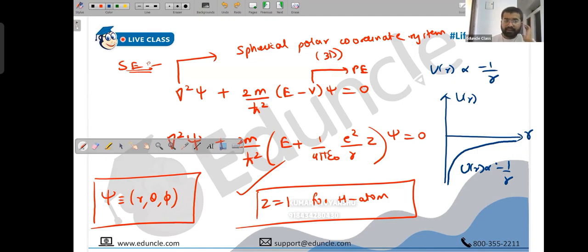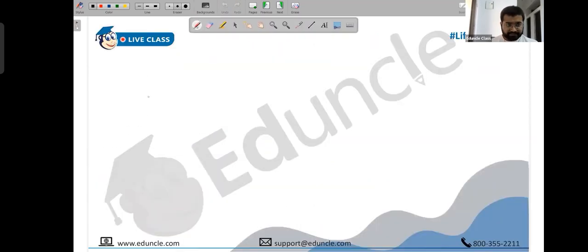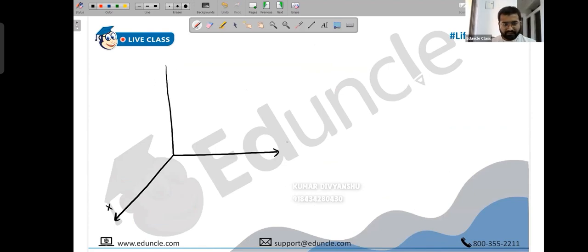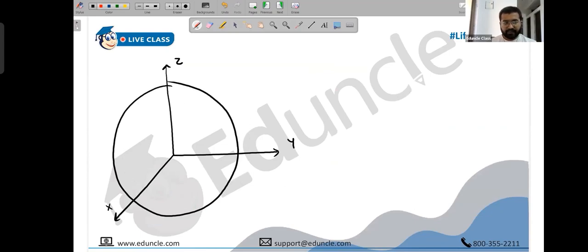Next, now let's recall this r, theta, phi of the spherical coordinate system. We have done this in the 2D, 3D acceleration and velocity chapter. Let's say we have got the x, y, z plane. You can take a sphere, but the sphere is just for your reference. Now take any point, not necessarily on the surface, any point inside the sphere. Let's say I have a point P, and let's say this is the origin.